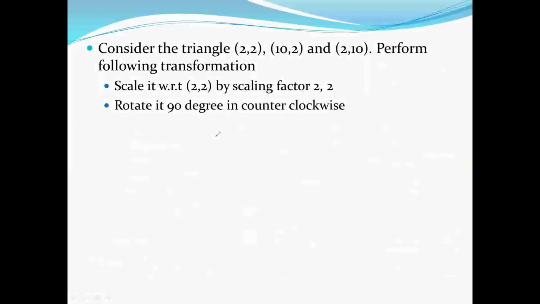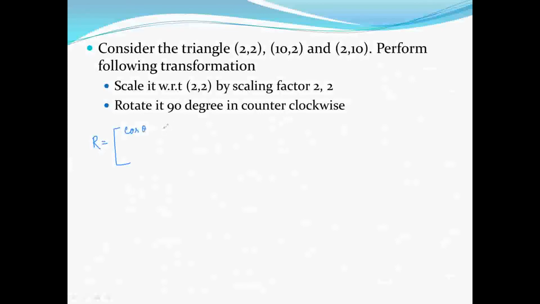Now, next one is, we will perform the rotation of 90 degrees in the counterclockwise direction. It is very simple. If you want to rotate the same object in the counterclockwise direction by 90 degrees, you just have to use the rotation matrix R equals to